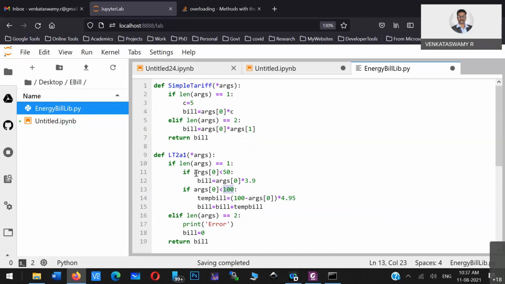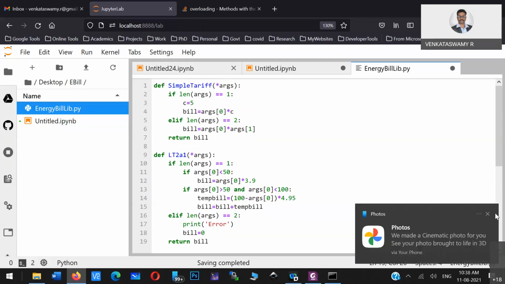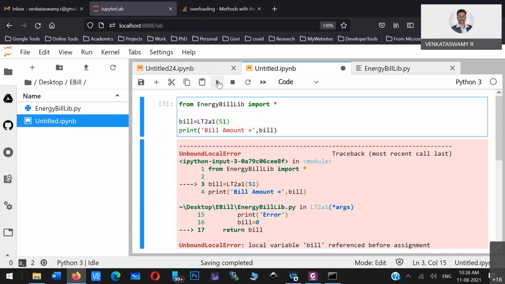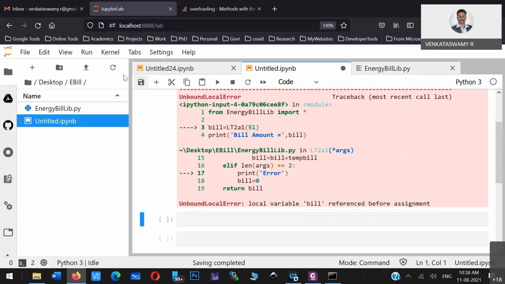Okay, so here one more condition I have to give. There should be a logical condition, and it has to be greater than 50 and less than 100. In that case only the previous bill should be added with the additional cost, correct? So then I think this program will work, I think.